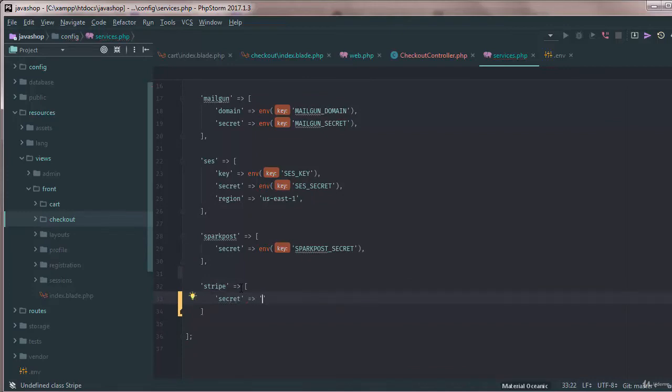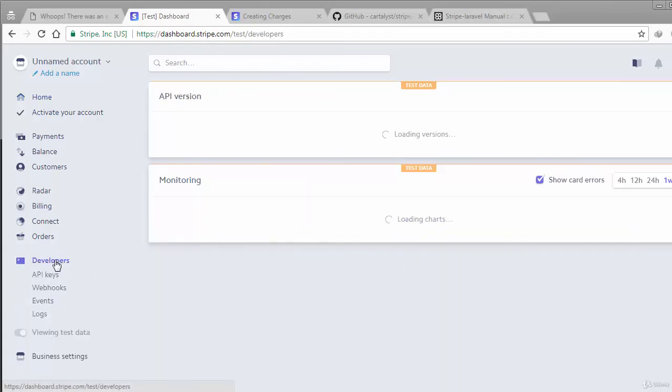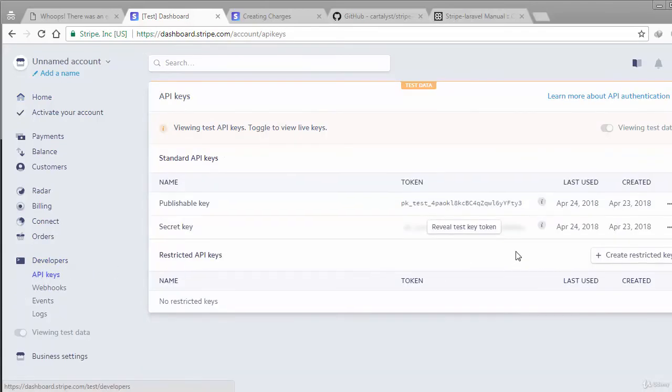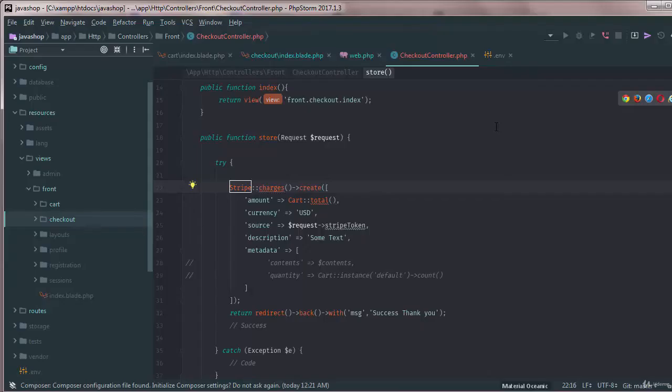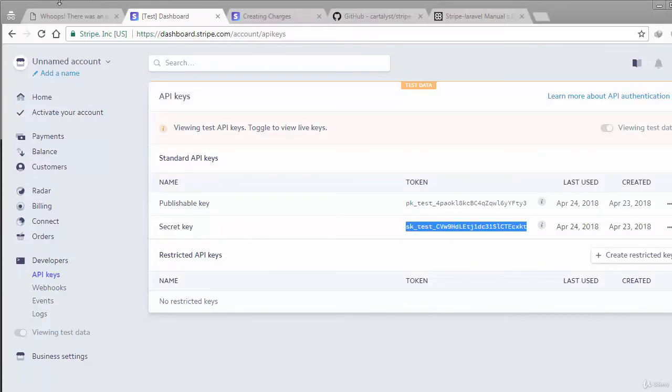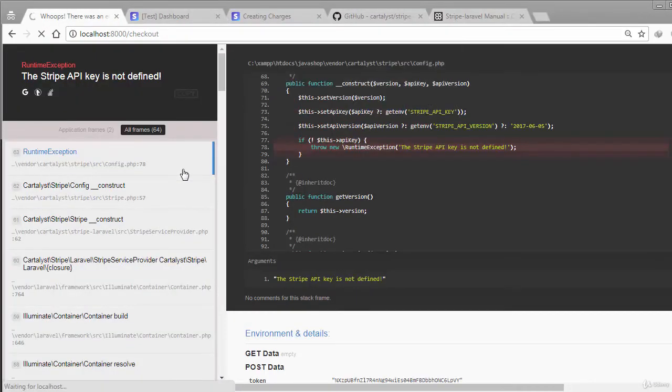The secret key would be something like, if you go to our Stripe, this is my dashboard, and you can see the URL. If I go back to developers and then API key, and click here, it will generate a key like that, and you simply need to copy that key and paste it here. Okay, let's see what happens. So I have copied the key and pasted it. If I reload it again,